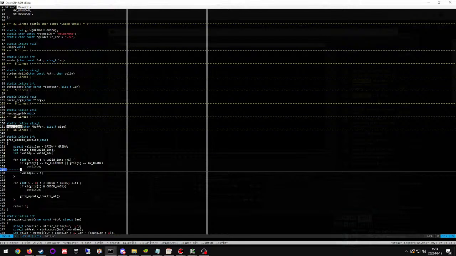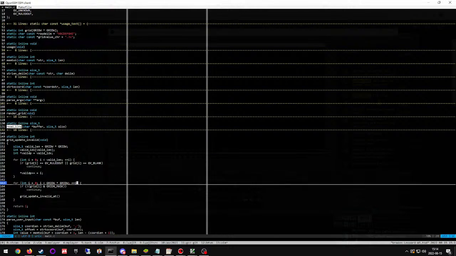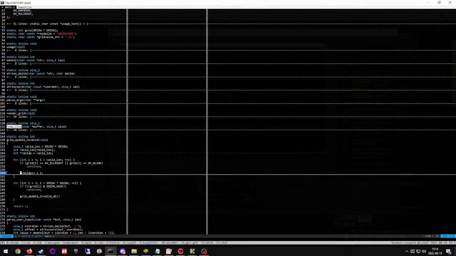And the loop is going to have to be separate. Like, we're not going to be able to just run through the